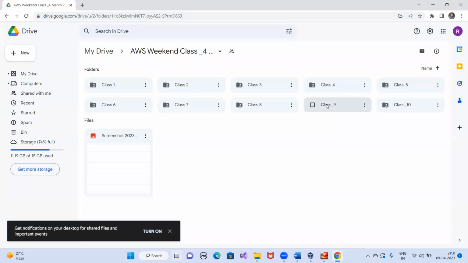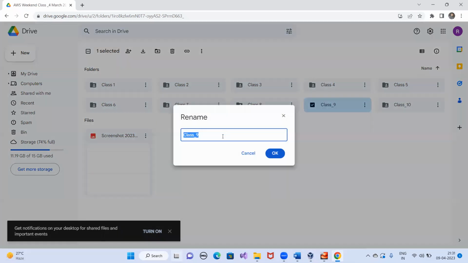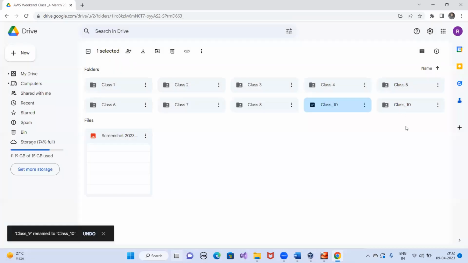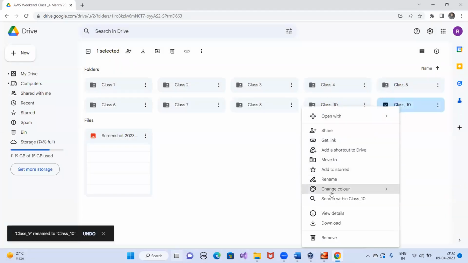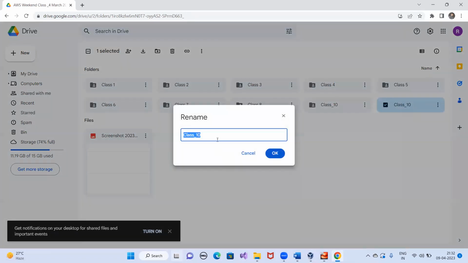The Saturday recording I don't have. So it will be class 10. So yesterday it was class 10, then today it is class 11. Because one recording is missing in between, that was for the Saturday. That time we were facing the issue. So that's the reason we need to rename this as class 11.